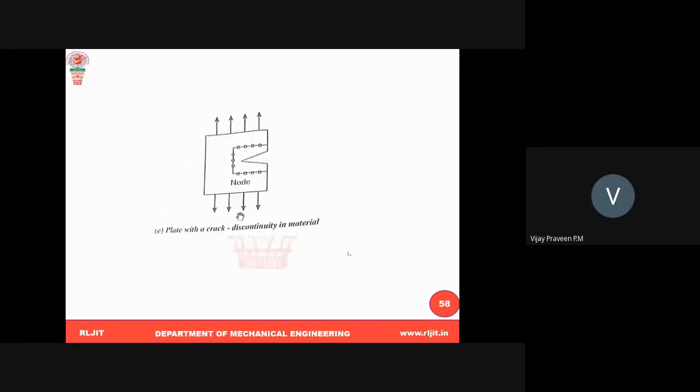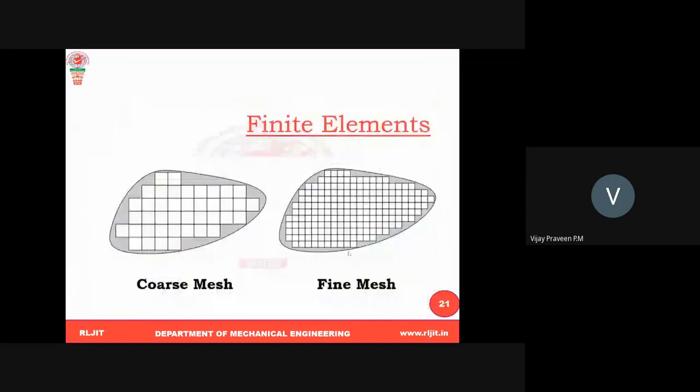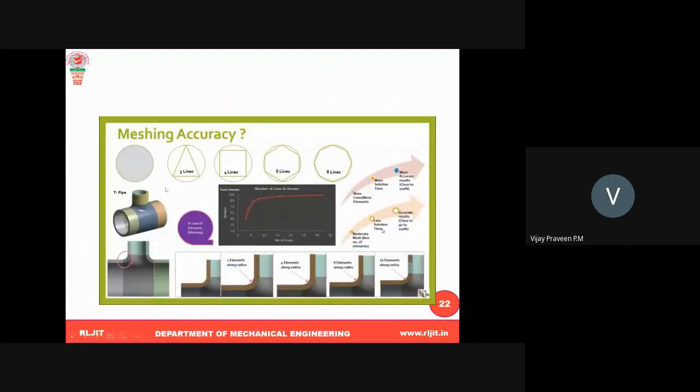Okay. The last point which affects the discretization process is the number of elements. Not last, one more is there. So the fourth one which affects the discretization process is the number of elements. As I explained in the previous part, more the number of elements I use, or more the number of lines I use, what happens? The result will converge more, and the result will be exact.